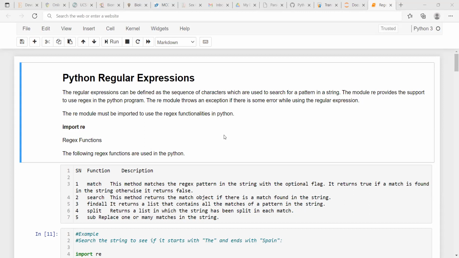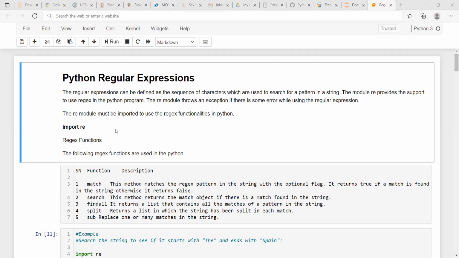And you don't need to write large code for that, because there are already packages or modules available in Python by which you can extract such sequences. The particular module is named re.